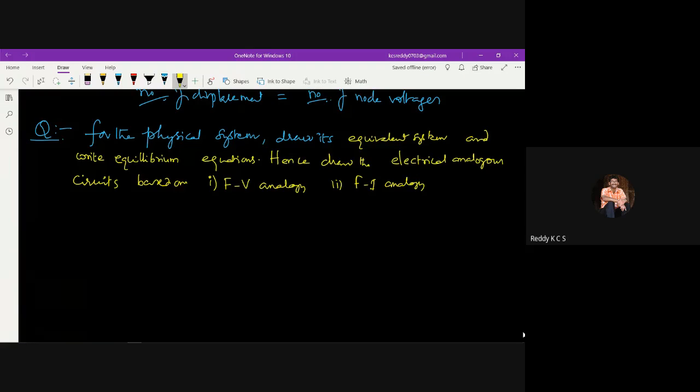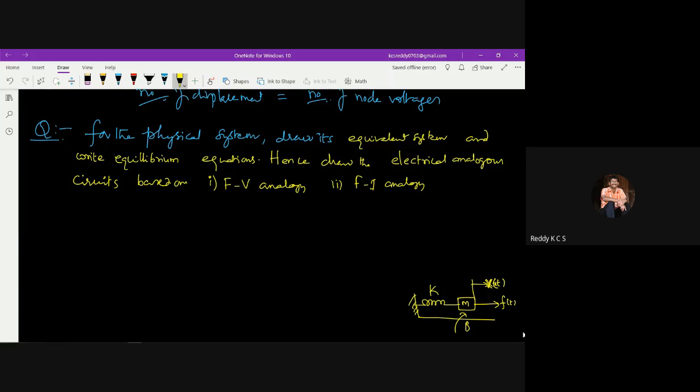So the figure given is a simple mechanical system which has a spring over here, and then there is a mass, and I have applied a force in this direction, and there is a displacement in this direction, that is x of t. Okay, that is x of t. So this is a k, and of course there is a damper provided here.